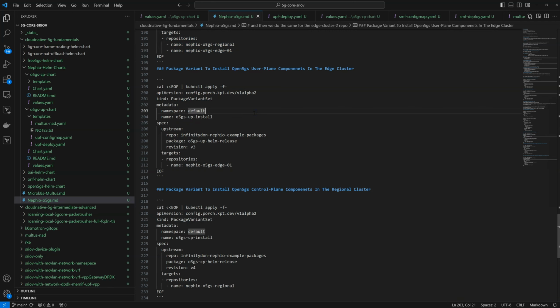I'm still checking because I know there is something called package variant. I'm still trying to learn what the major difference is. But currently, I'm just going through the blog post I referenced from Kubernetes. I might still come back to do another video and see exactly the difference between the package variant and package variant set. But anyway, currently what we are trying to do is install the UPF in the Edge